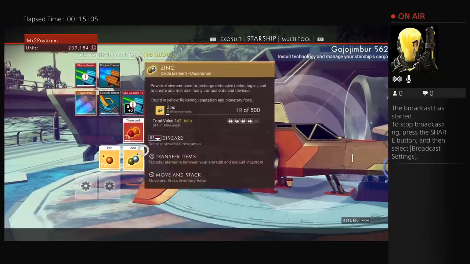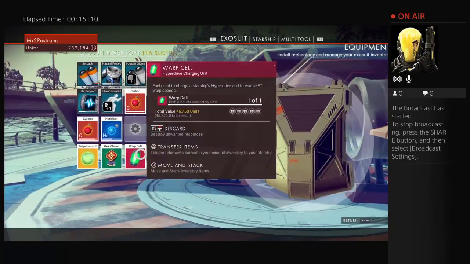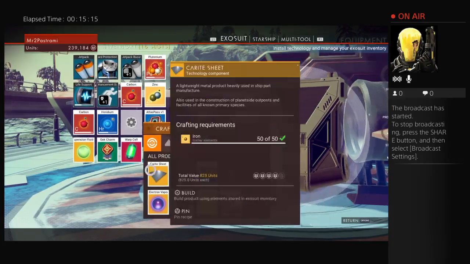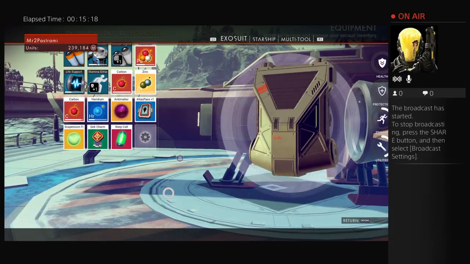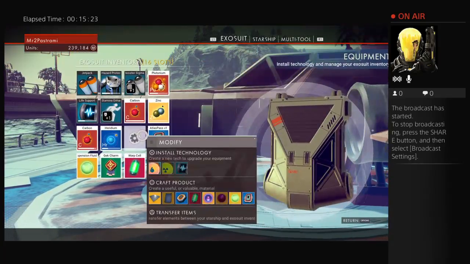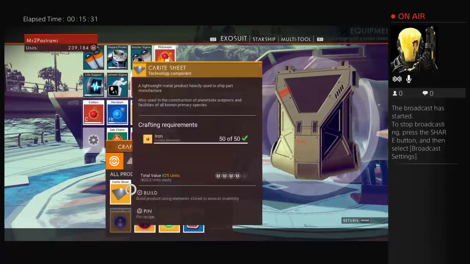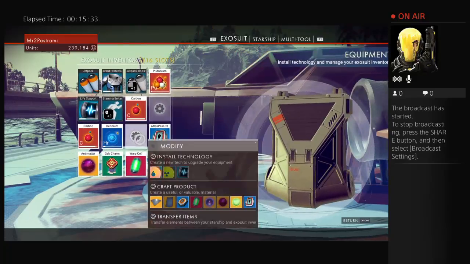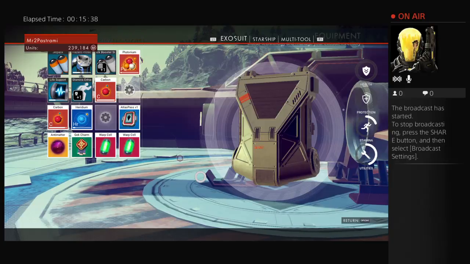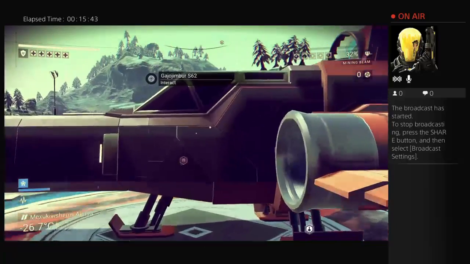So far, we have created one warp cell. Right now, we're going to create some antimatter, and then we are going to make another warp cell, and then paper. And then we're gonna make another antimatter. Then we're gonna make... so close, yet so far away. Almost enough for 3. So